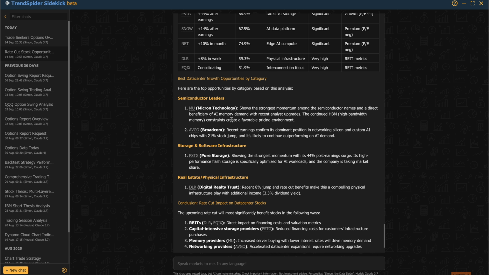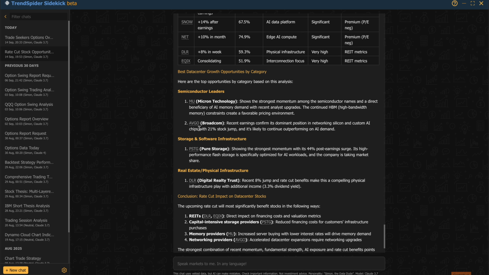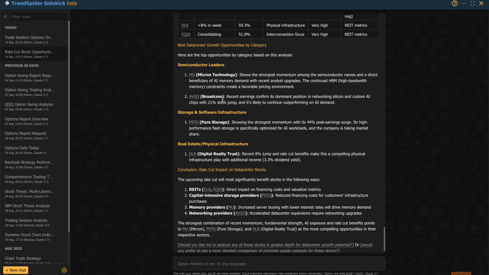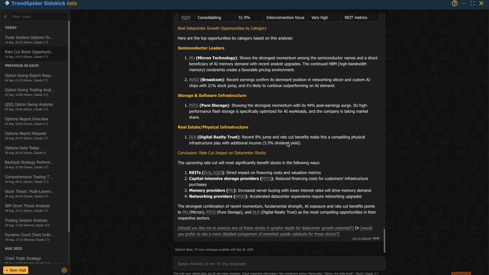Micron, memory, Broadcom's, like all the little ancillary chips inside of network routers, switches, even the computers, motherboards, little controllers. Oh man, they're so pervasive everywhere. I don't know much about Pure Storage. 44% post earnings surge. Okay. Micron, Pure Storage,